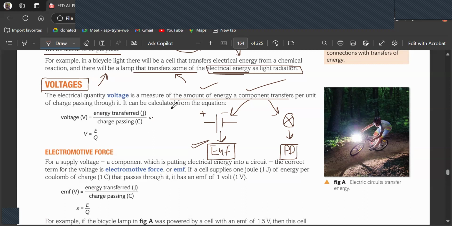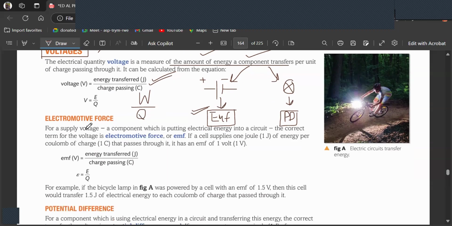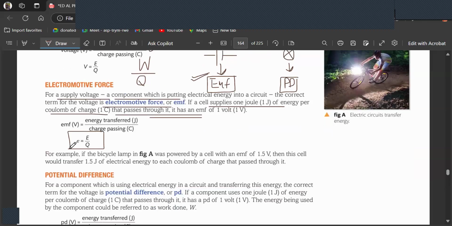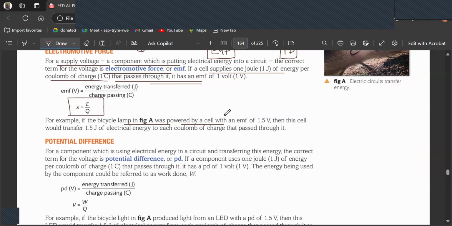So voltage can be found by energy transferred per coulomb of charge, or we also call it work done per coulomb of charge. For a supply voltage, a component which is putting electrical energy into a circuit, the correct term is EMF, which is 1 joule of energy being supplied to 1 coulomb of charge passing through it. E = E over Q. For example, a bicycle lamp was powered by a cell. Now that cell has an EMF of 1.5 volts, but this bicycle lamp has a potential difference of 1.5 volts. Got it? Because it is converting that electrical energy into light energy, but the 1.5 volts the cell gave you, the cell gave you EMF. So there are two types of voltage,